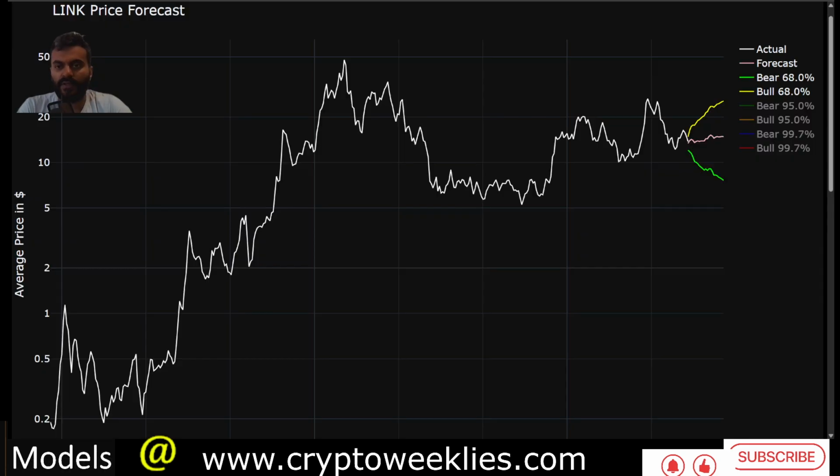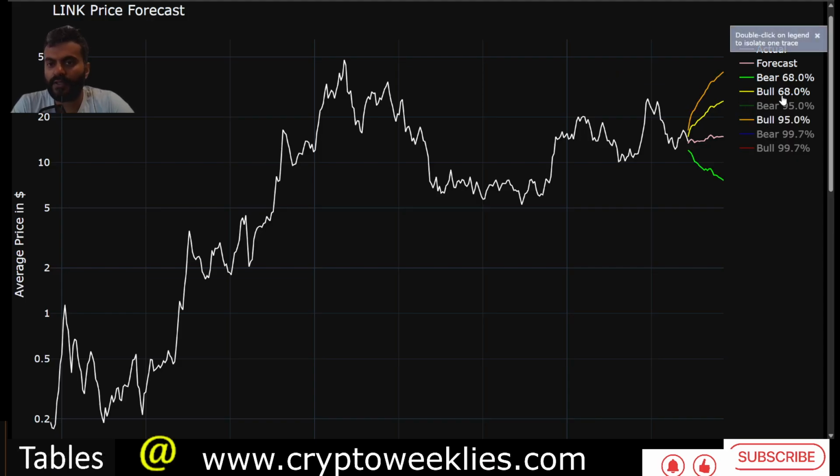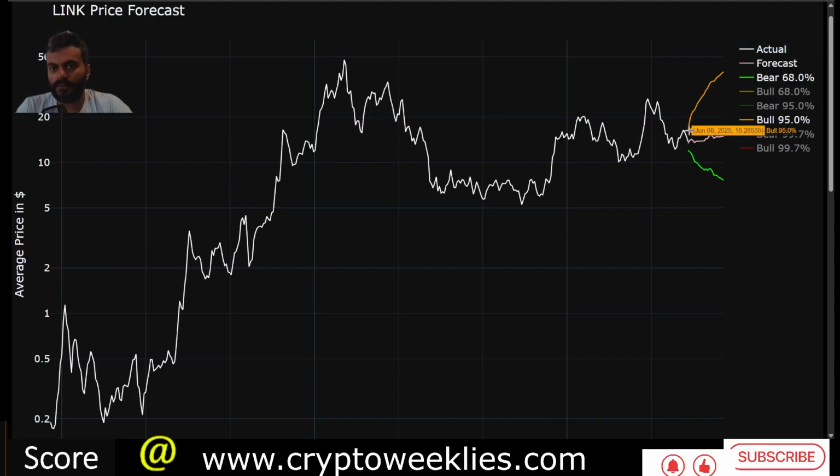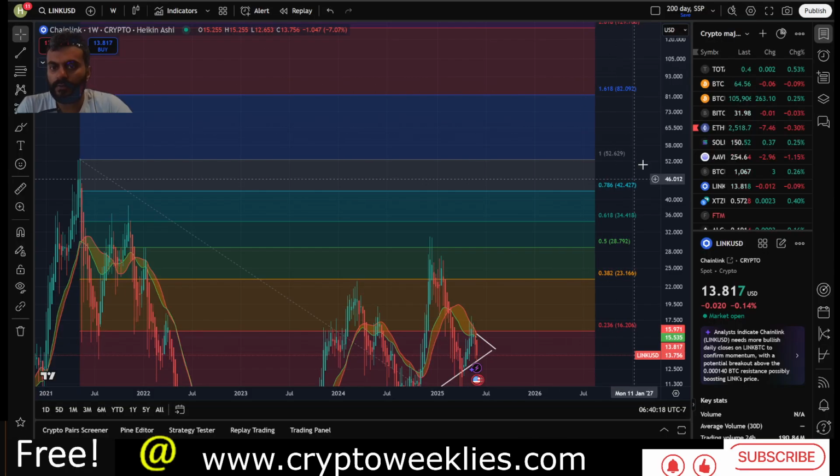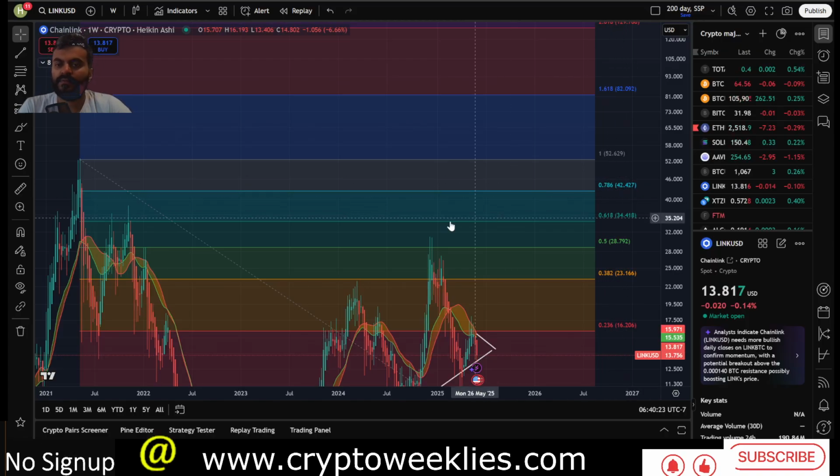Again, that means without a euphoria, breaking out of the 0.5 fib level is tough per the machine learning model. If there is a euphoria in the market in the next 6 months, per the 2 standard deviation 95 percentile ceiling, LINK could be somewhere between $16.28 and about $39 to $40. So $40 LINK is close to that 0.786, the 0.786 at around $42.